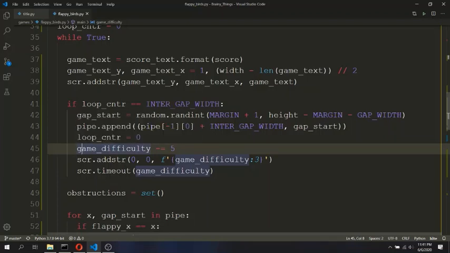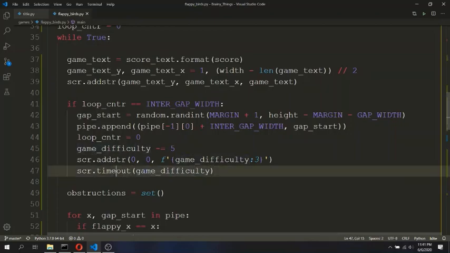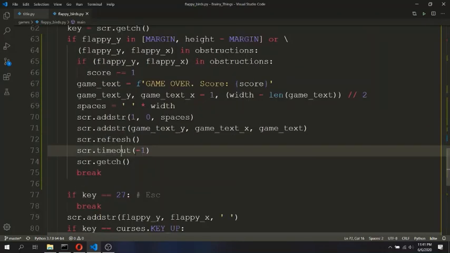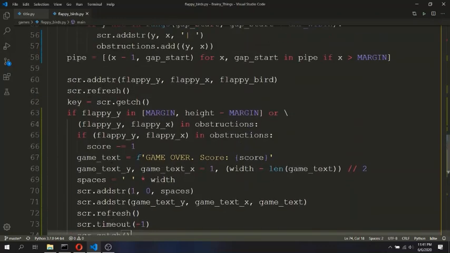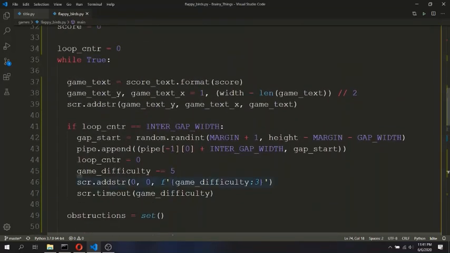Then there is a chance that the game difficulty will decrement to a negative value. And if you remember, passing a negative value to this timeout function will cause the program to wait for the user's input indefinitely. So we should set a maximum game difficulty over here, or I should say minimum game difficulty.